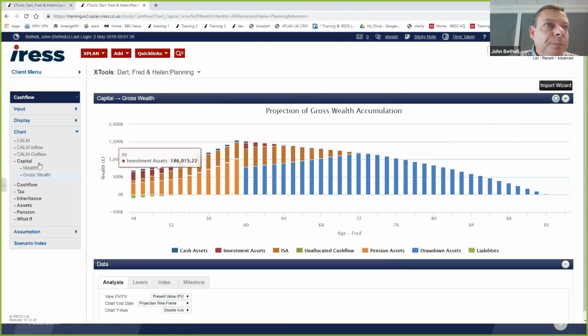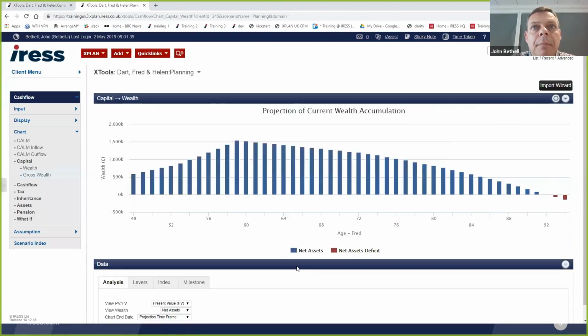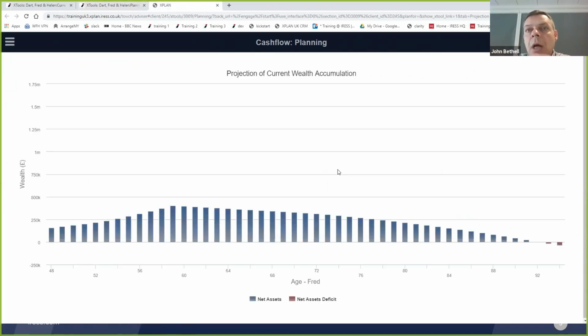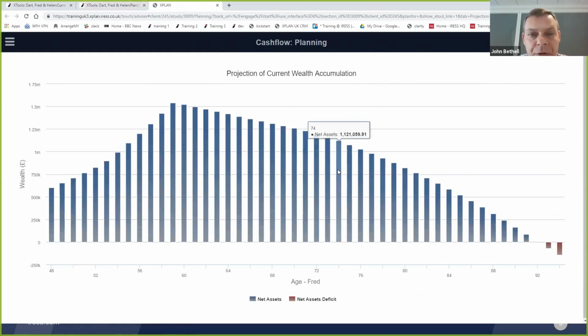In terms of compliance, I think there's a number of areas there that we can look at. But what I'm actually going to do now is to take you through into how I would present this. And so just very simply, I'm going to take you through just into one of these scenarios, and I can then present this to the client. So the Engage tool is just a pretty front end, if you like. It's just an easier version to work with. All the information's in Cashflow, it just replicates it.